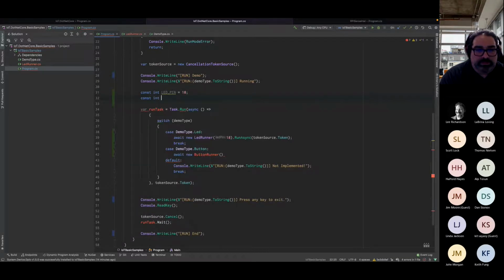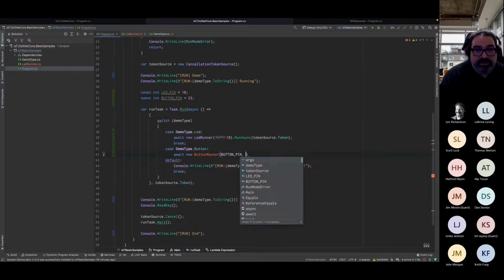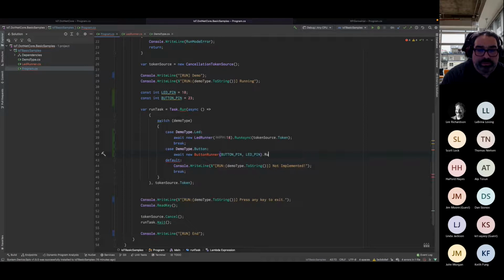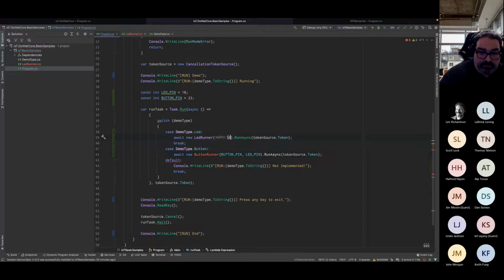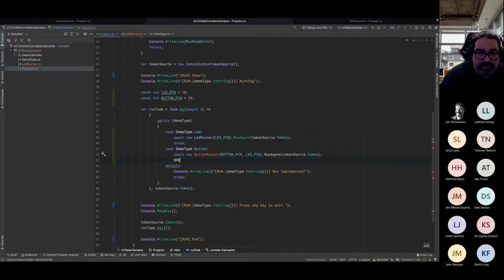Let me just do also a button pin. Oops. I'm going to double check my pin. My pin is 23. And in this scenario, I'm just going to say button pin, LED pin, RunAsync, and the token source is the token again. For cleanness, let me just put the LED pin also there. And the break that I always forget.